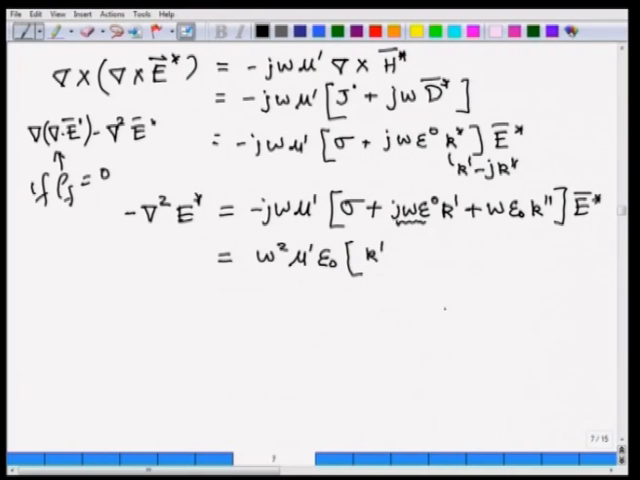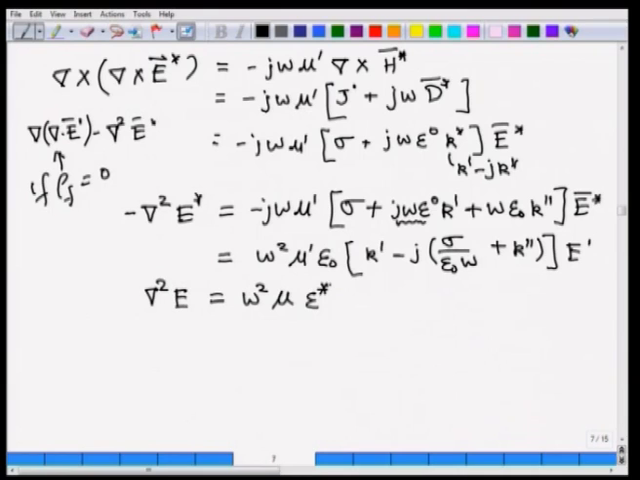Therefore, what else? Minus, I am going to write this as j minus j sigma by epsilon naught omega plus k double prime, E star. So, what do I see? I see this as some complex dielectric constant times E,